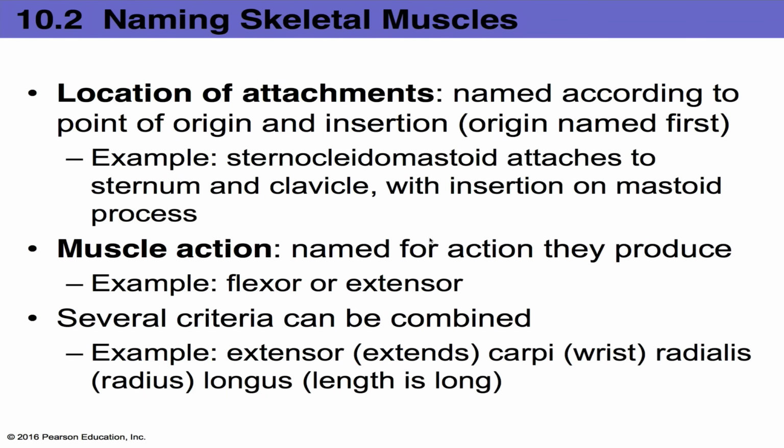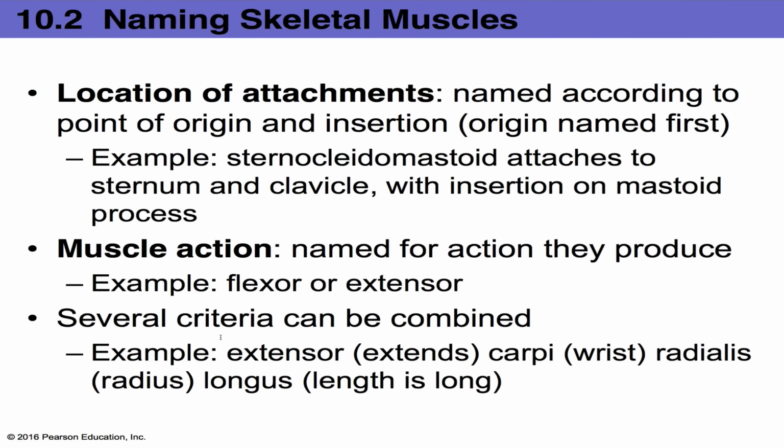So one of them is on the sternum and the other is on the clavicle. This is how we get sternocleido. And then it has the mastoid process of your temporal bone as the insertion point. So two origins, your sternum and clavicle, and then the insertion is on the mastoid process. So